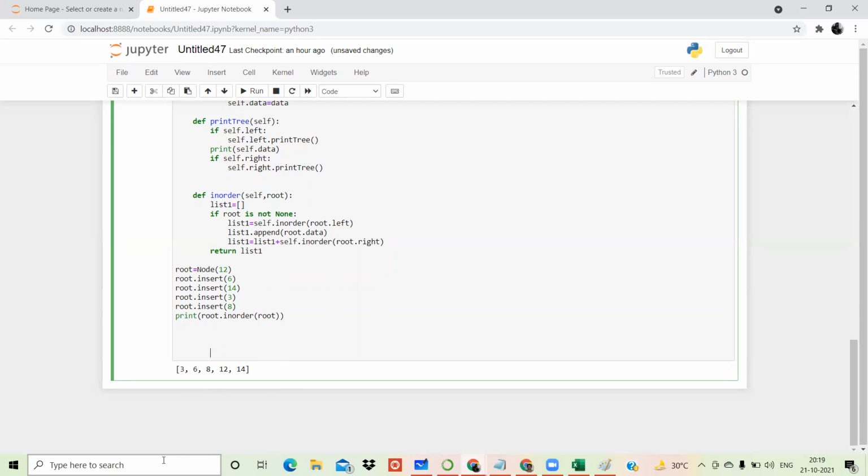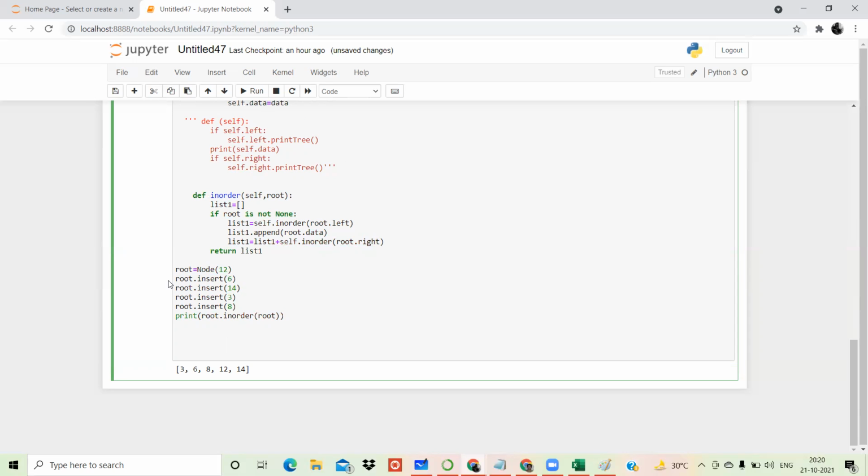Left, root and right. Lefts are smaller, root is the middle, and right is your higher values. So obviously आपको sorted elements मिलेंगे. So you are getting the sorted elements. That's an indication that your code is working properly fine. यहाँ पे मैंने print tree को call नहीं किया. There is no need of calling this print tree because in order to print our elements, we are using this function that is nothing but in order function. तो हमने यहाँ पे इसको comment कर दिया.